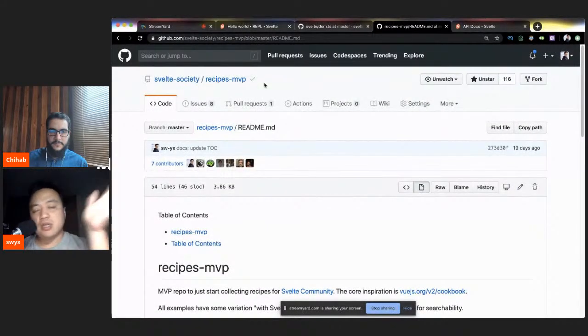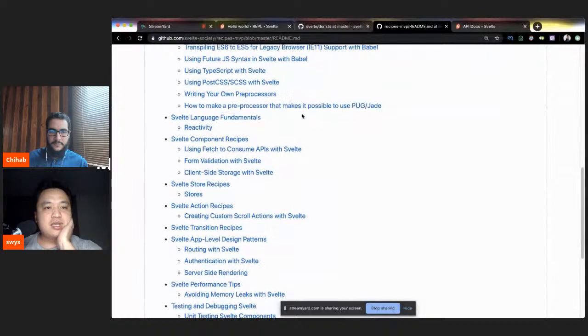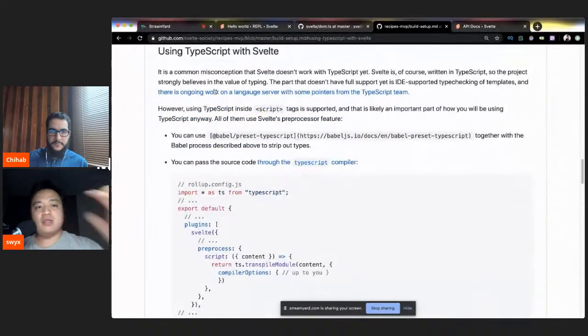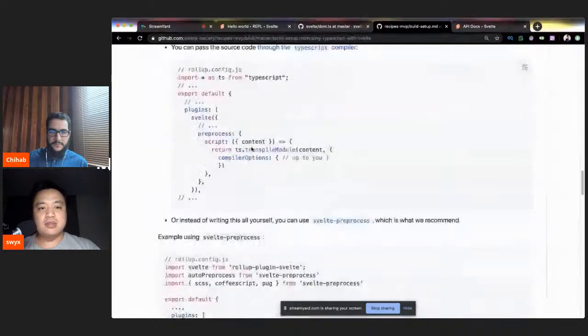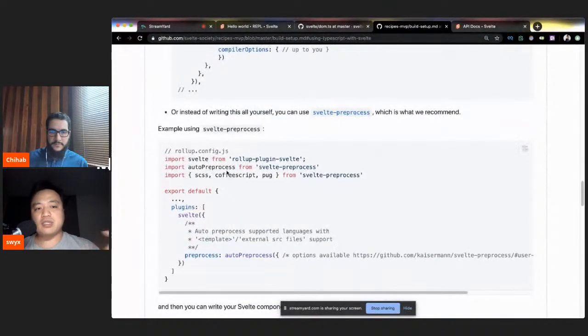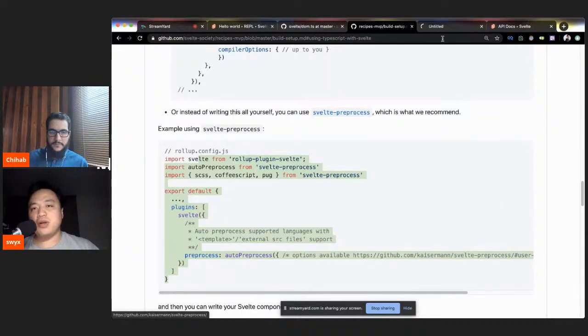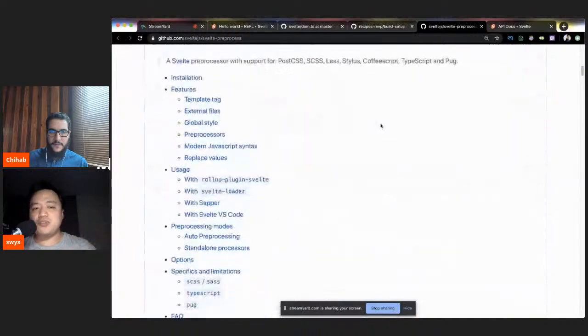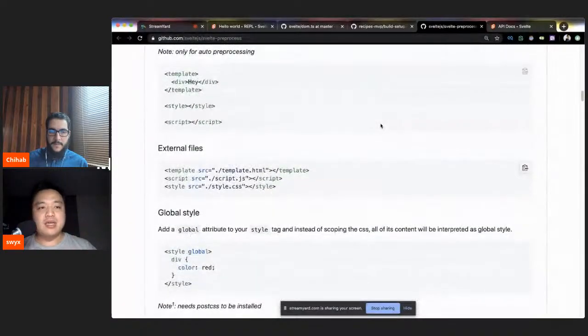So these are the community docs that we're working on. For example, here it says use TypeScript with Svelte, and here you can set up the preprocessor. Here we use svelte-preprocess, which is a third-party preprocessor for Svelte. Yeah. And basically, you can say things like,